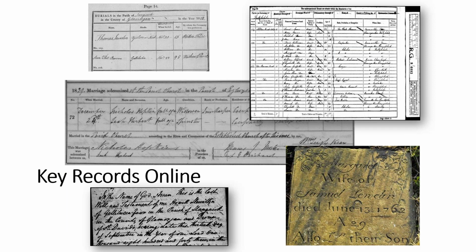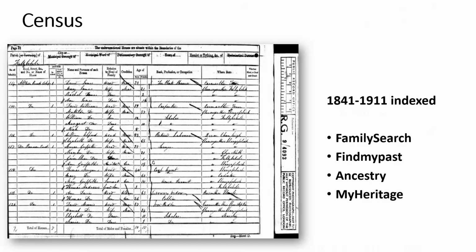So let's talk about some of the key records that are available online. I've got examples here of some of the major sources, and with most British Isles research, it's considered pretty standard to look at census and church records and civil registration and probate. I've added in with Wales, I always add in monumental inscriptions or tombstone inscriptions because they provide great value, and you need to add that to your toolbox when you're doing Welsh family history. So to start with,